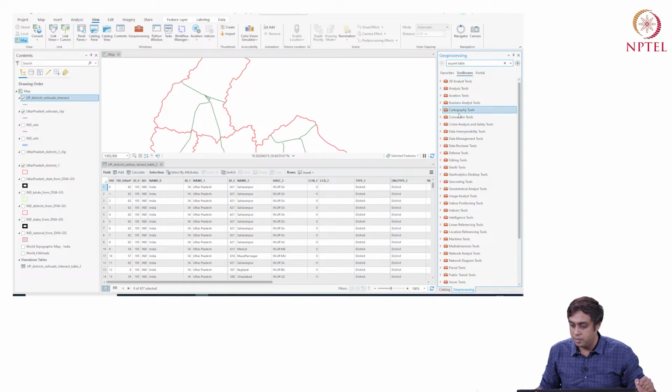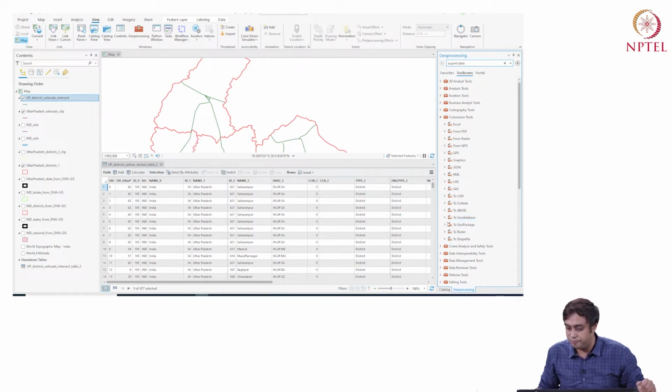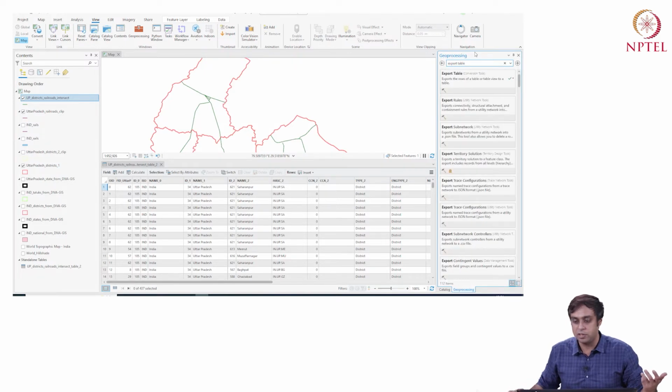If we go back, this conversion tools toolbox, if I open, I will have conversion, export table, Excel to table, table to Excel. So I have many different functions that I can use, right? So I'm going to just use the find function because it's very convenient. We can do it for different other things as well, as we will see as we go.